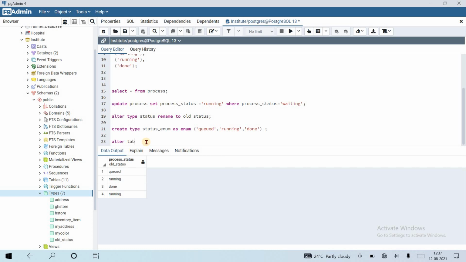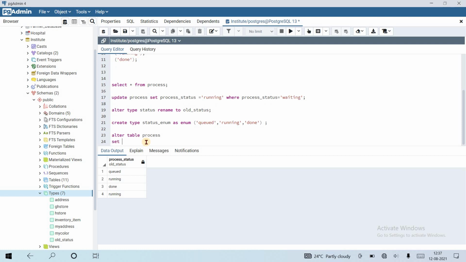Alter table process, alter column process status, and the next thing is that we want to change the type to status.